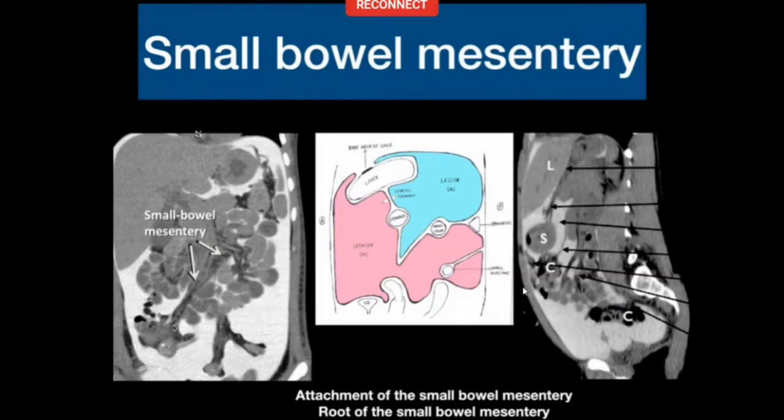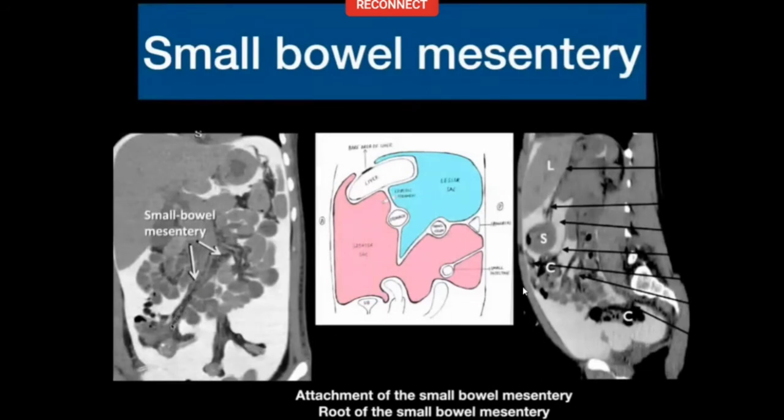I never understood in my undergraduate days what they meant by this. So what happens is the attachment of the mesentery is only this much, and the rest of the mesentery spreads out like a fan or like a ghagara or like a Japanese fan. So the posterior portion or attached portion is small, and the mobile portion is very, very large. So this is the only portion where it is attached to the posterior abdominal wall.